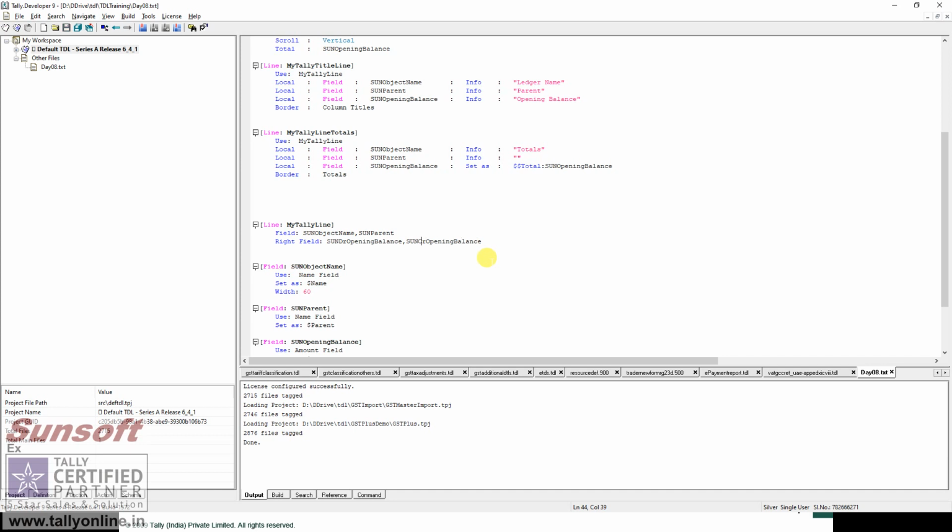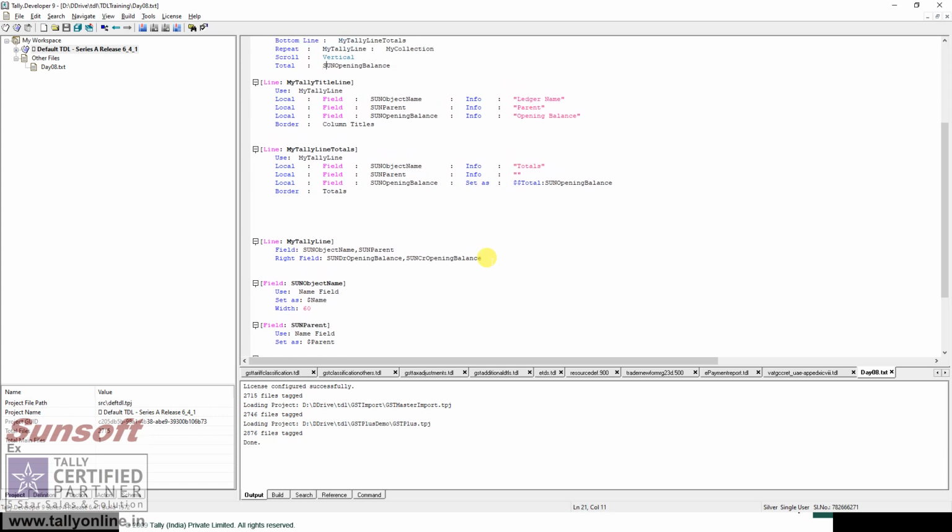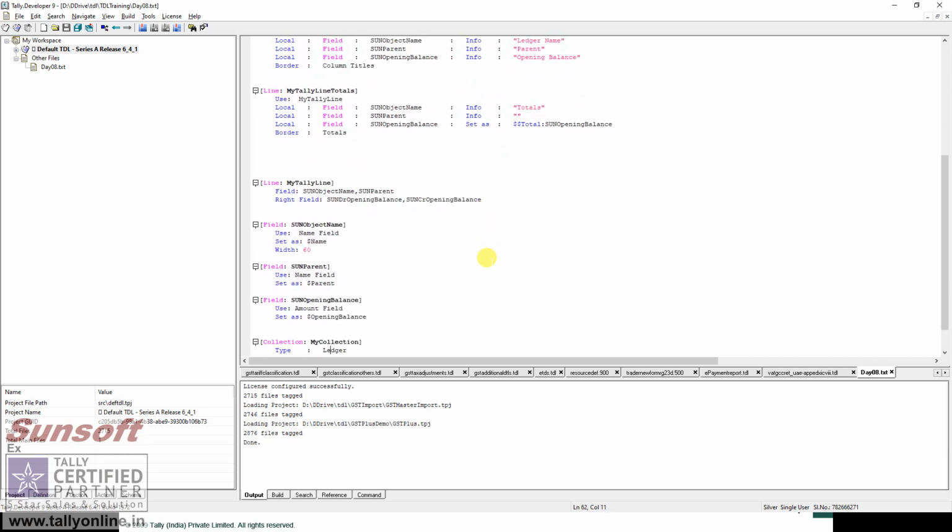So I have two columns now, but in Tally in the ledger part I just have opening balance only. So how do I handle that part? So I check that if, now this is a new concept being introduced. Is DR is a function that checks if it is a debit amount.